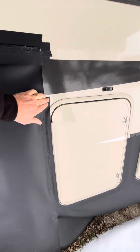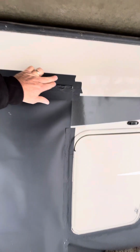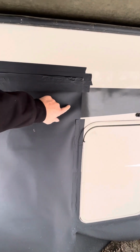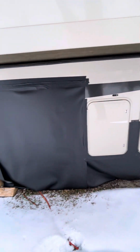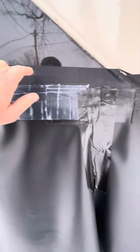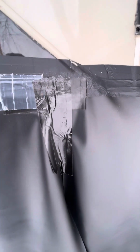You can see it's not supposed to harm your camper. That's foil tape up here. All right. The problem with the foil tape is it sticks to the camper really well, but it didn't stick to the vinyl very good, and we've had issues with it. So what we have been doing is trying different tapes, and what we're doing is sticking it to the foil tape. The foil tape will come off of here, and honestly, we try to keep black. That way it kind of matches the